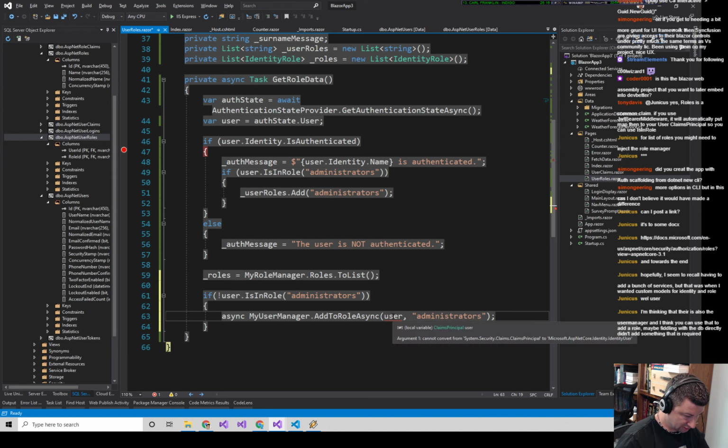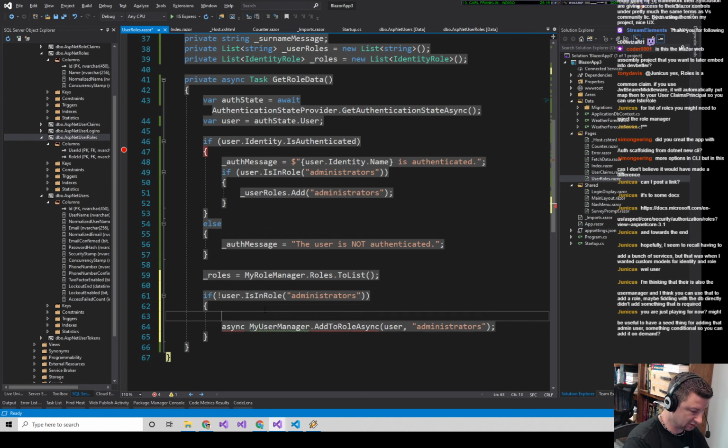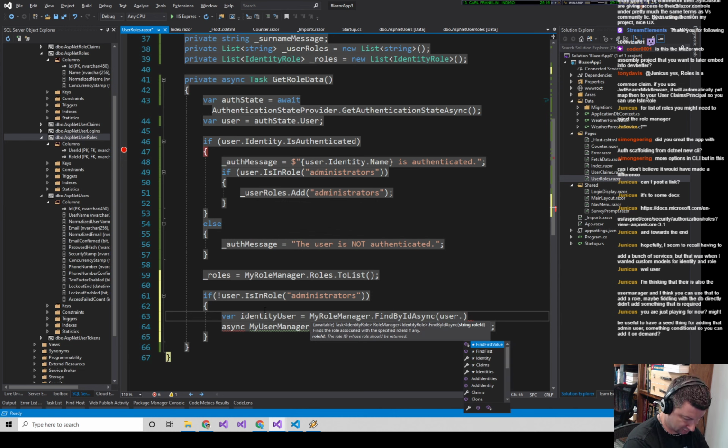Alright, so why is this user not right? That's a claims principal user. I need it to be an identity user. So I do need var identity user equals my user manager dot find by ID async of user dot